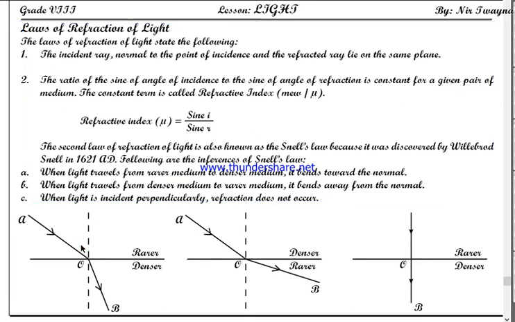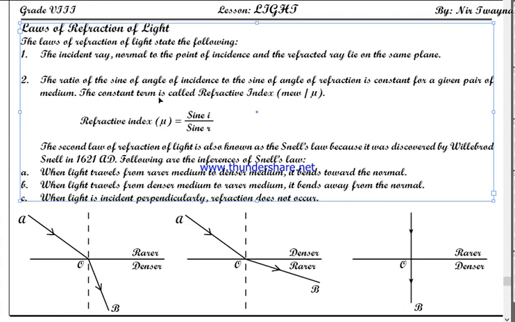That means here you can see this angle is the angle of incidence and this angle is the angle of refraction. These angles are not proportional, but if you take the sine value of this angle and the sine value of this angle, like you have studied in trigonometry, sine 30, sine 40, sine 10, sine 0, then the ratio is always constant.